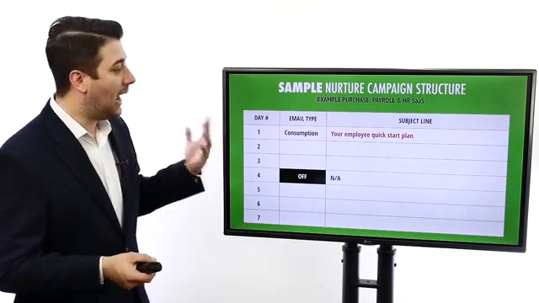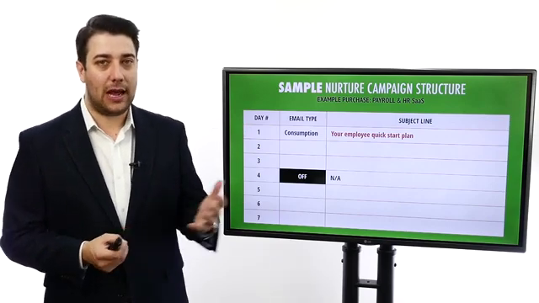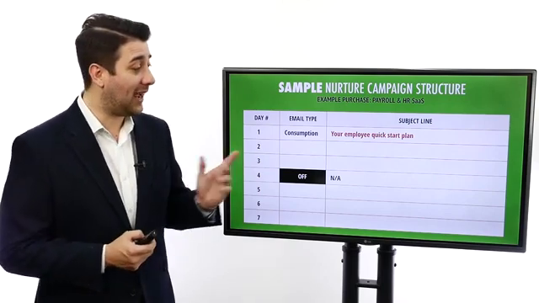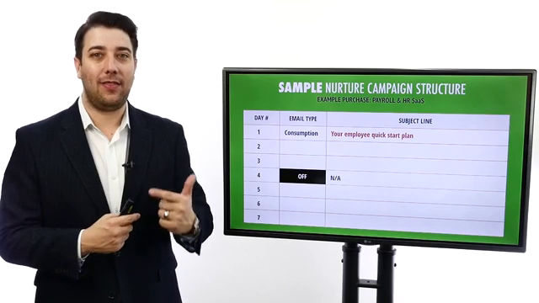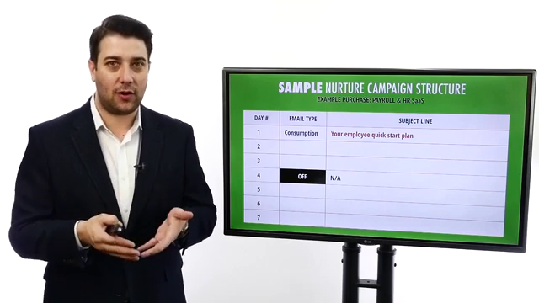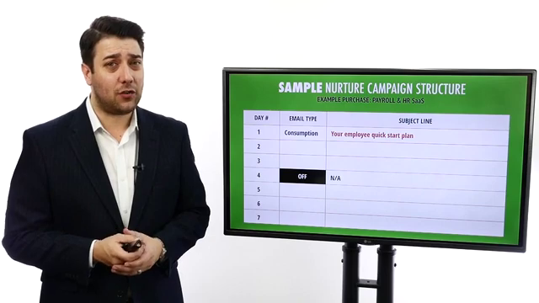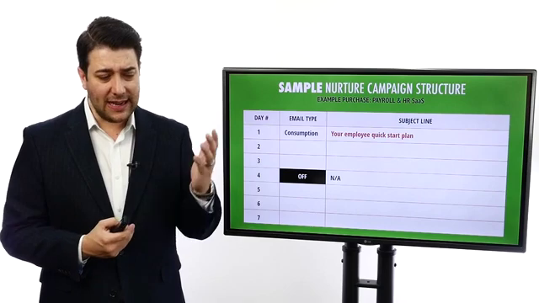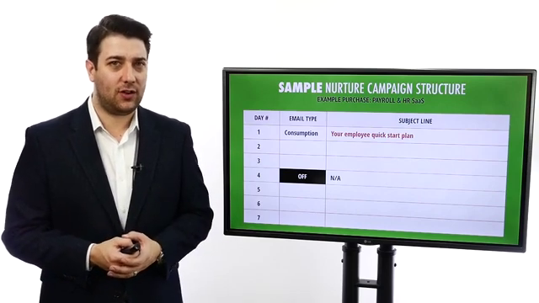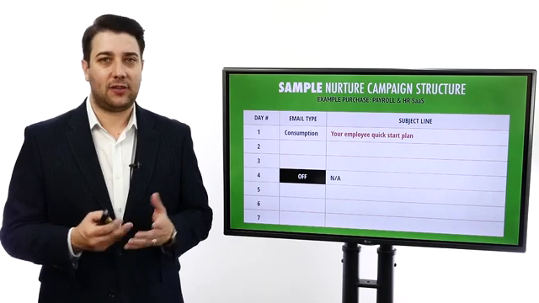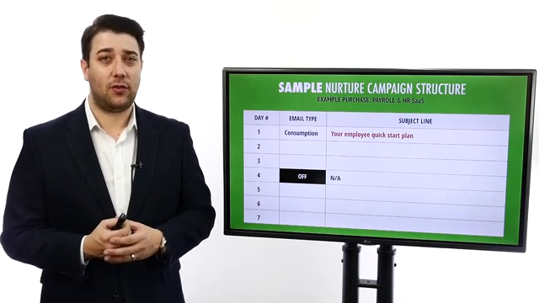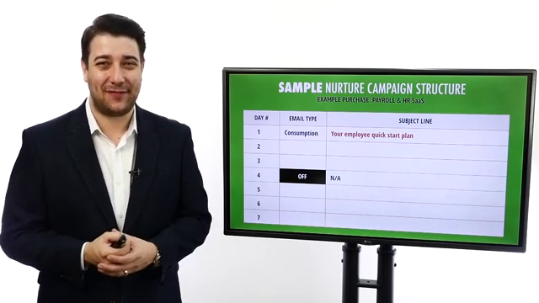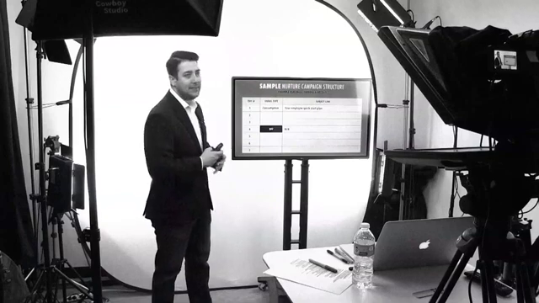Change is scary. So I want to come in and give the HR manager who I'm probably dealing with now and I'm communicating with, or the person who made the actual purchase, I want to arm them with the ammunition to start to get some quick wins so that they can start consuming and implementing this new major purchase that they just made. So consumption, your employee quick start plan. If I can give them 5 or 6 quick start things to do to where they feel a tiny victory, they feel like they've started to receive some of the benefit of a pretty major purchase, then this email was a success.